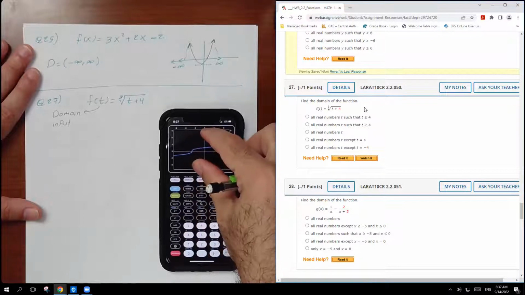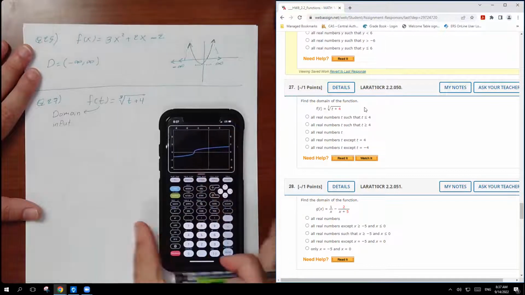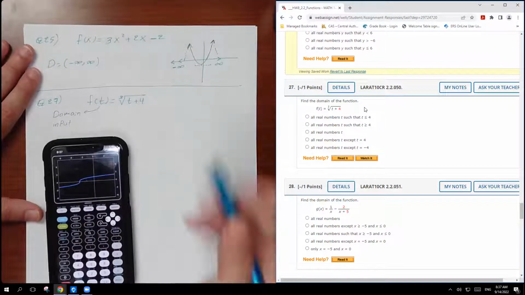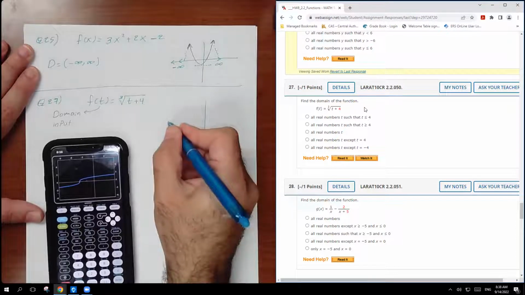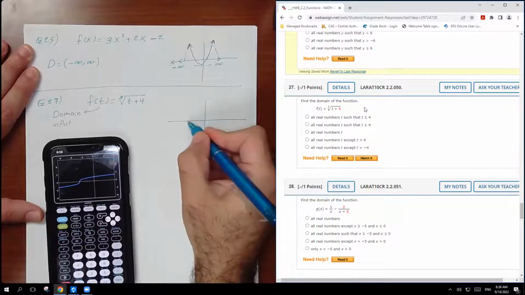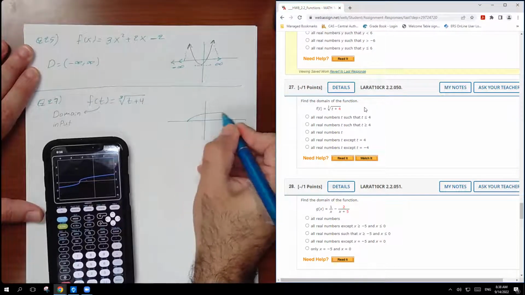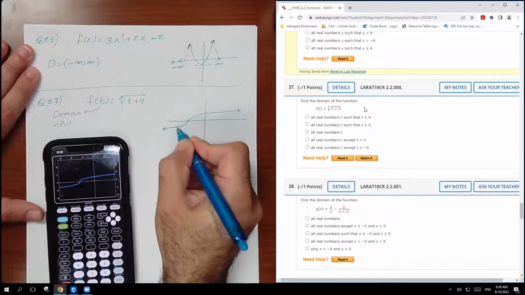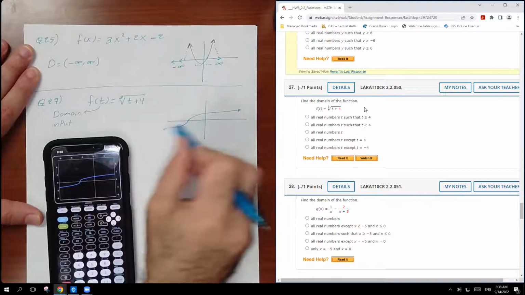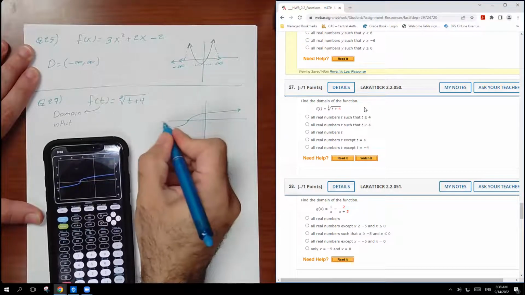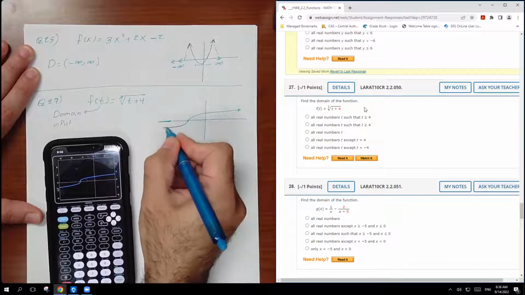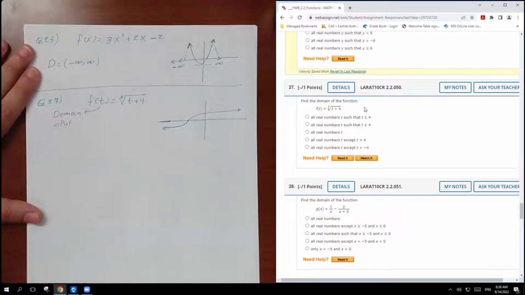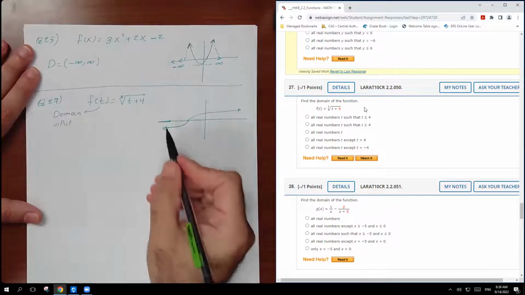Now check this function. Here is our function. Let's find the domain. So the function is going to look like this. From here, this is our first side and this is the second side. So now we need to find the domain. So the domain, that means all x values. If you look at this function,